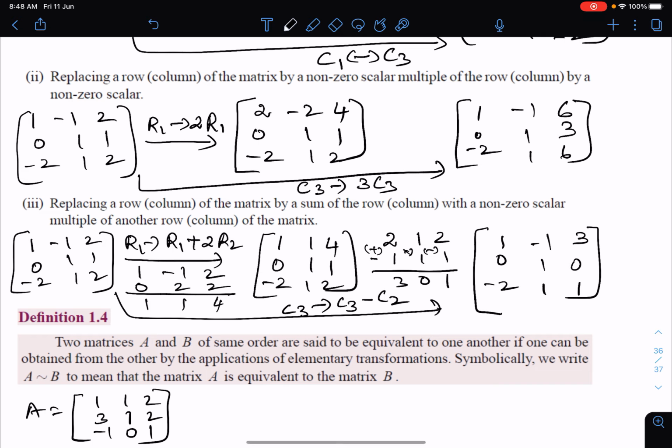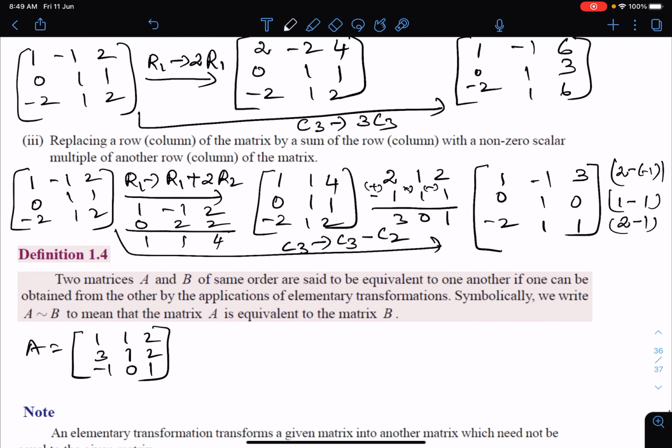I have done it row wise, but you are going to write it column wise. So what is our C3? 2 minus of minus 1 gives you plus 1. If you want, I will write it here: 2 minus of minus 1, and for the second one it is 1 minus 1, and for the third one it is 2 minus 1. So you will get these answers. You can do it like this also instead of this. So this is column with column.